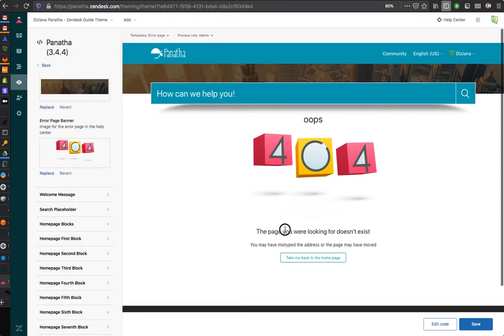These are the messages that are shown by default. But let's say you want to customize this page, then you need developer edition, and you can always edit the code, and there's an error page template that you can customize and change, and maybe put some links back, take people to the search page, or maybe some other page where they can do something more in case they have landed on a page that does not exist anymore.